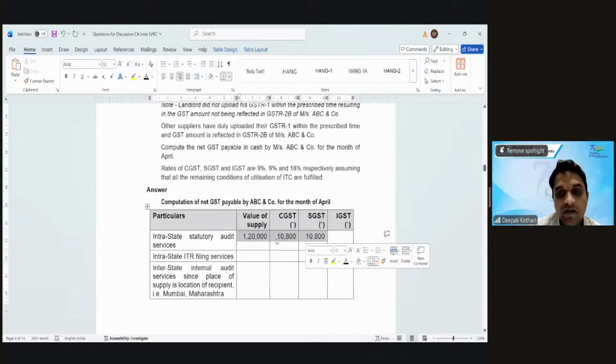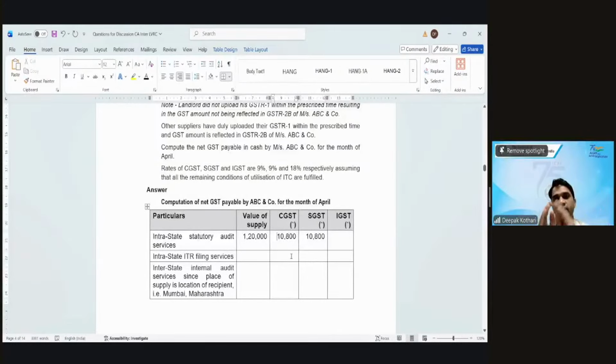1,20,000 rupees. Whenever you write any notes, give ample space for the tables, so that if you want to make any additions or corrections, it will not be a situation where you write the notes first and then the table. It should be table first and then the notes. When you're working out, sometimes some confusion may happen, and you may strike off the table. So below the table also, there should be ample space to write the second table.